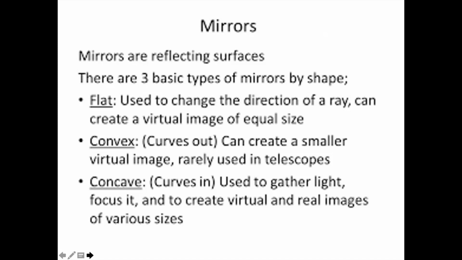Virtual images are always erect. So you can see the flat mirror in your house, everyone has one. If you stand in front of that mirror, the image formed is a virtual image. It is straight. Even in a convex mirror, the virtual image is smaller, but it is always straight. It is not upside down, like head down and legs up. In a concave mirror, if the virtual image is there, virtual means the image is always erect, that is straight. And in a real image, the images are always inverted.